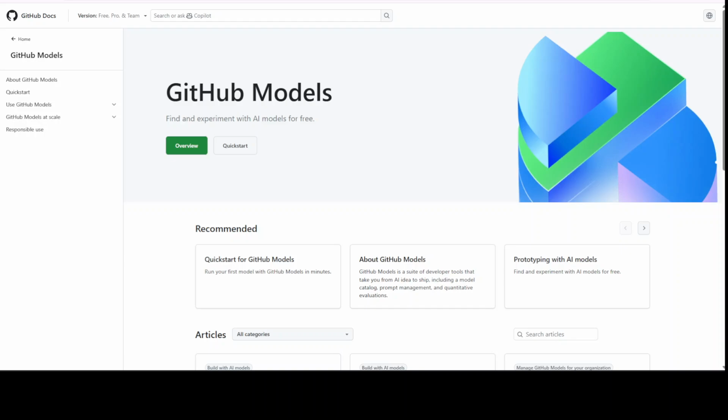Hello and welcome everyone. Today I'm going to show you the embedding model. In this series, I'm using GitHub models so that everyone can try out the code I'm writing using the agent framework,